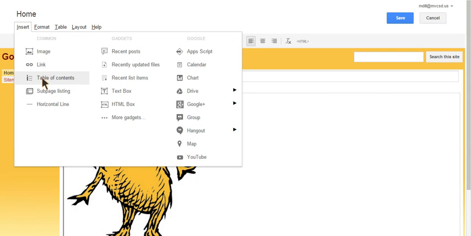Go ahead and go to my edit button to get my menu bar here. And so we have images, we have links. Those are very important. You create a table of contents and you just play around with that. But I want to spend a lot more time on these more gadgets and this Google application. So I'm going to show you some things here that you can insert into your website. You can